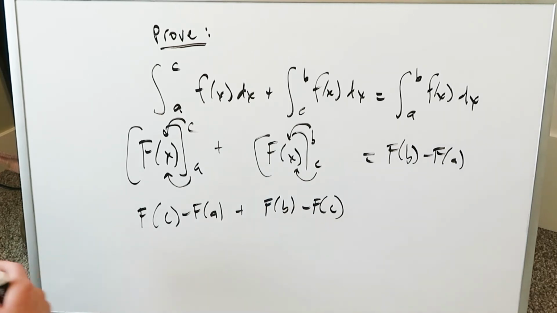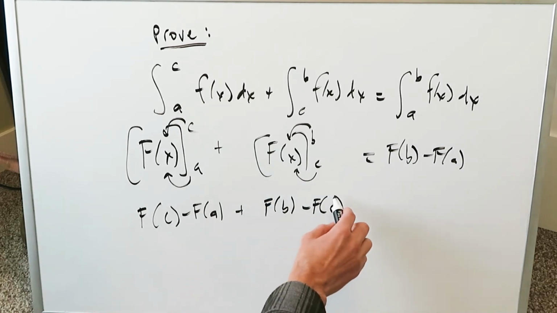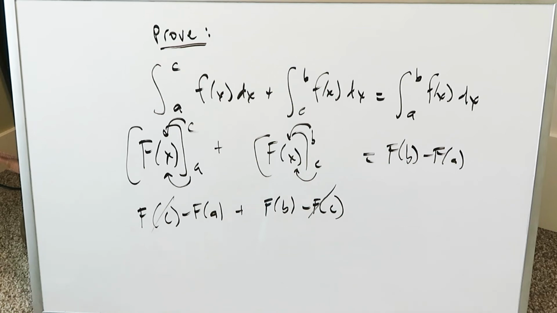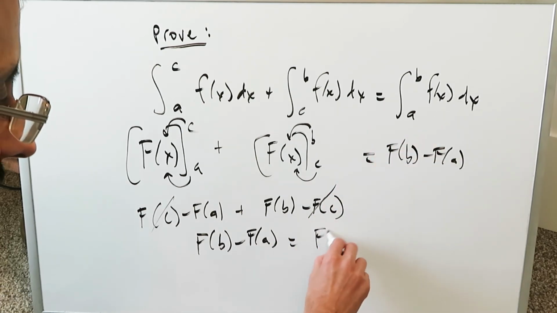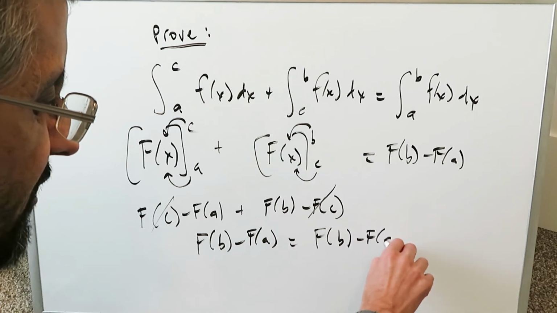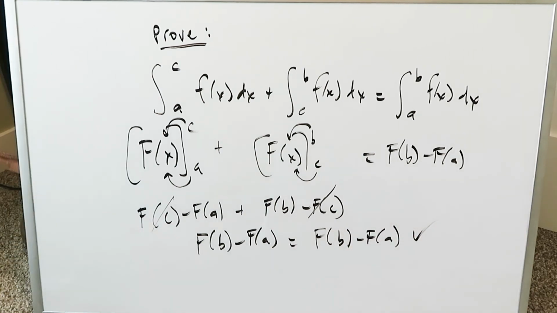When you simplify all of this, you see something very amazing happen. The F of c's cancel out. You have minus F of a plus F of b, which you can very well write as F of b minus F of a, which equals what you have over there, F of b minus F of a. So informally, you've proven this to be the case, that indeed you can take an interval a to b,